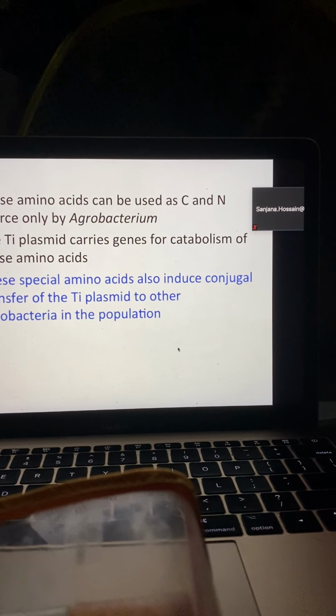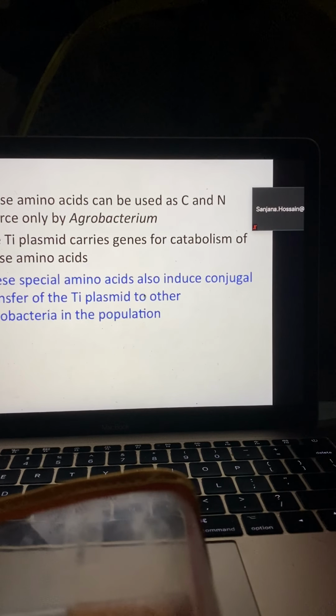But once they have contacted a wounded plant, it is very important that the population acquires the plasmid. And there is a reason why not all agrobacteria, I should be very specific, contain this plasmid, and I will talk about that in a moment. And it is because